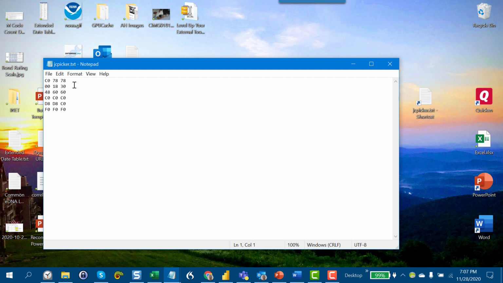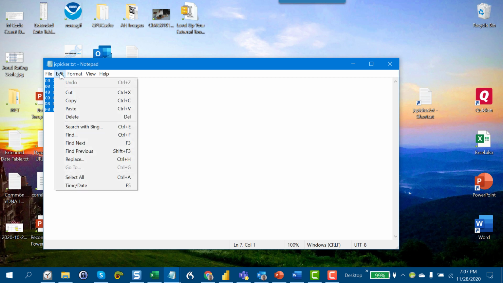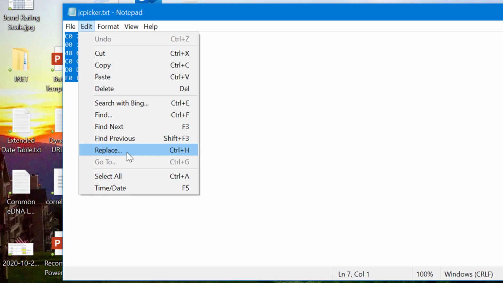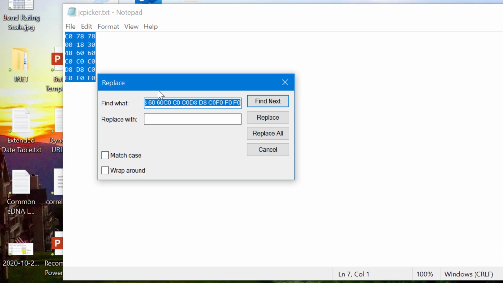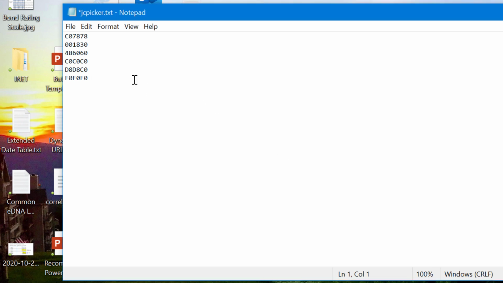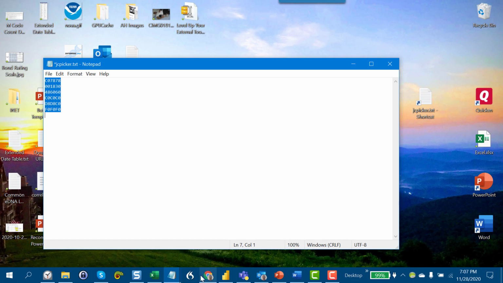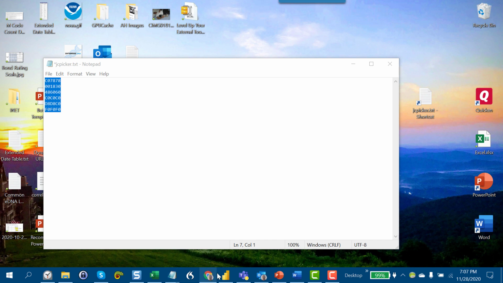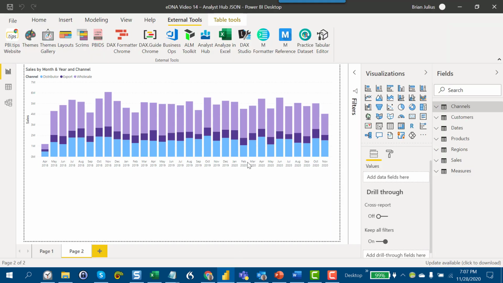And they're not quite in the right format, so what we want to do is just Control A and then say edit replace, and then we'll replace the spaces with nothing and replace all. Okay, and now we've got something we can use. And so we take this, Control A and then copy, and now if we go back to our external tools menu in Power BI,